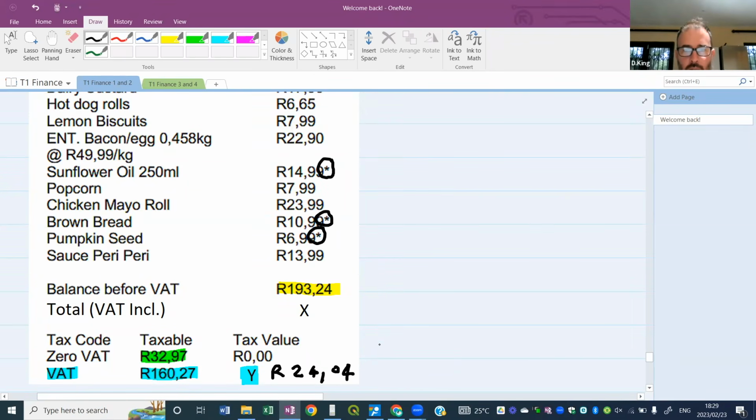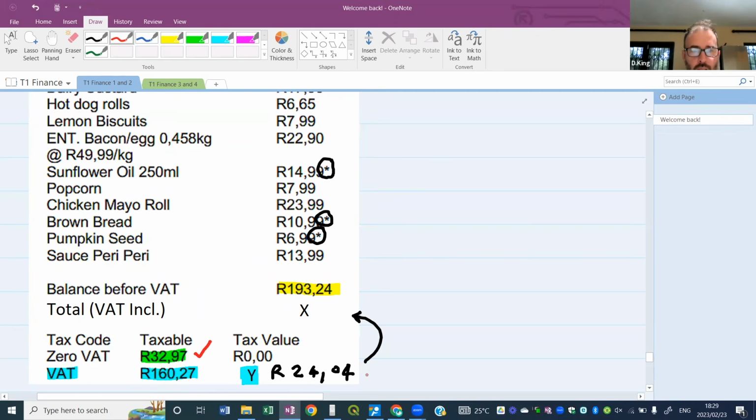All right. Now, what I want you to do is tell me there's a value here that I need to work out. It's this one here, X. I need to know what X is. Now, X is the total that you are going to pay this shop. Let's think about it. So we are paying the 32.97. Those are the items that we don't have to pay VAT for. We have to pay